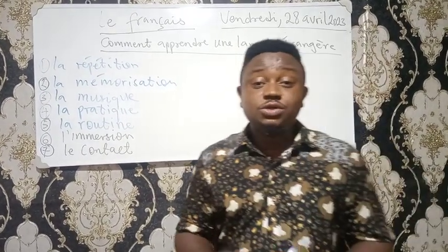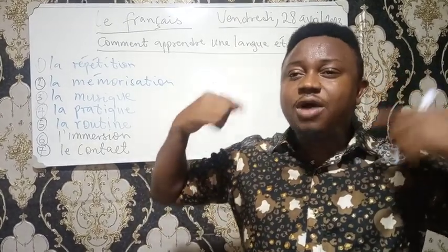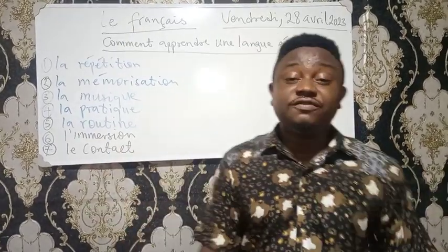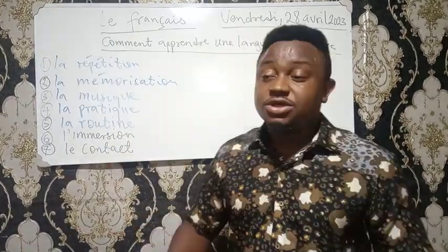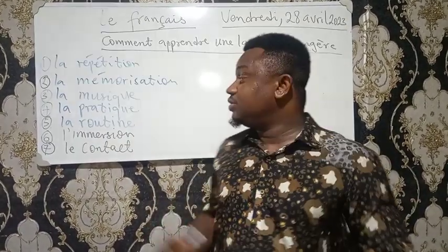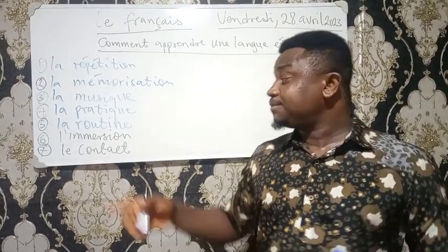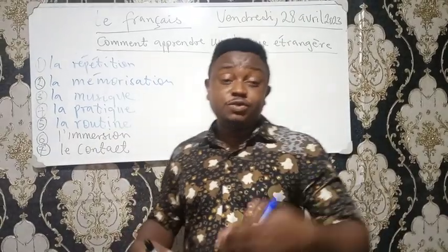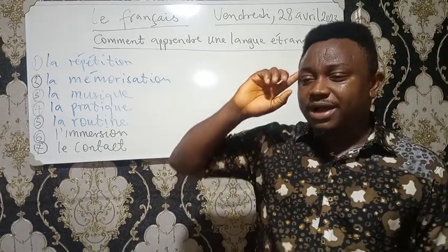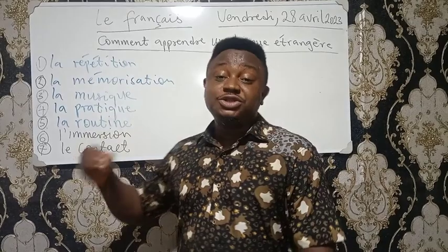Like most of the things you want to say, like I want to eat, I want to dance, you try to ask yourself, how would I say this if I were to say it in the language you're learning? Like how would I say it in French if I want to say I want to eat? So try to question yourself by asking yourself questions like, how can I say this if I want to say it in French? That is one of the ways when you don't have someone to speak with, and then it will help you structure in your mind in a cognitive way how these possibilities can be in the language you're learning.